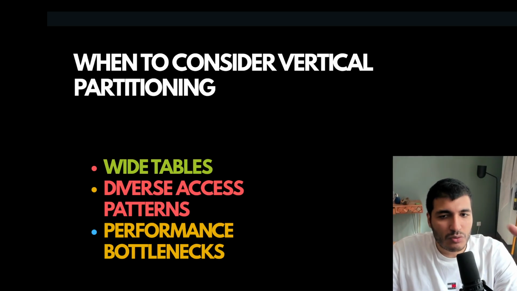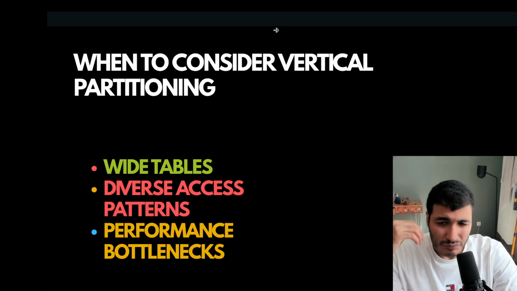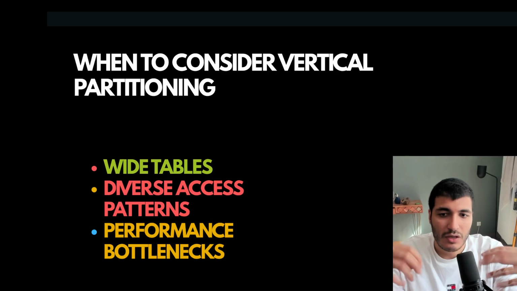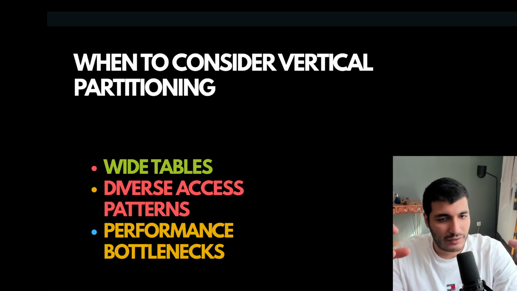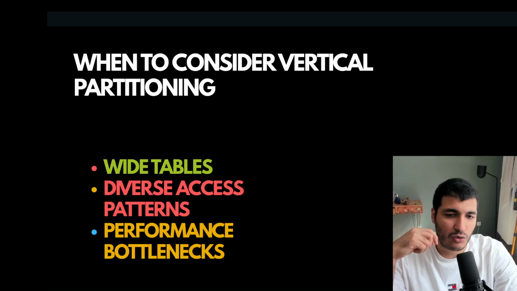If different parts of your application or different modules consistently need different subsets of the data from a single large table, vertical partitioning can tailor the data access. Number three, we have performance bottlenecks. If you are suffering from poor read performance and profiling indicates that scanning irrelevant columns is a major overhead, then vertical partitioning is a strong candidate for